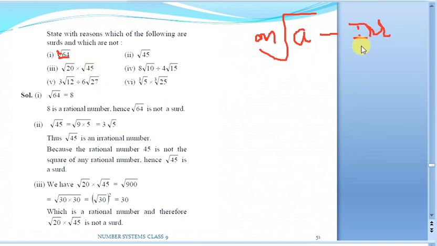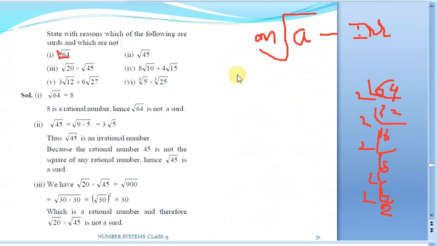We have to check the third condition: the entire result has to be irrational. So remember, whenever there is a composite number inside the nth root, we have to simplify it in the prime factorization form. You take 64. How can you write 64? If you prime factorize it, 2 32s are 64, 2 16s are 32, 2 8s are 16, 2 4s are 8, and 2 2s are 4. So 64 can be written as 2 power 6. So it will be square root of 2 power 6.